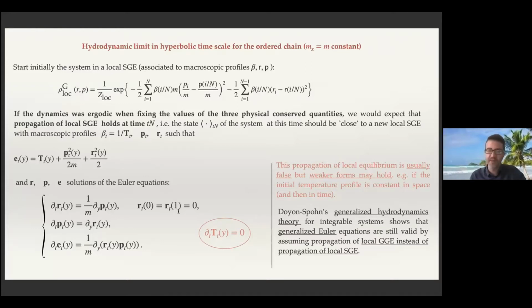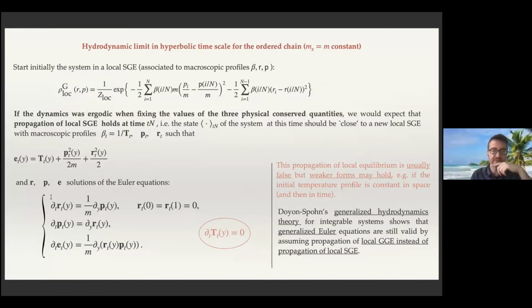Okay, here there are some special boundary conditions because we started with the fixed boundary conditions. No, sorry, free boundary conditions. And so this is the form of the equations that you will obtain here. M is just the mass of the system. And you see it is some pattern. Okay, it is nonlinear, in fact, because here you have the product of r and p, but it is falsely nonlinear because the evolution of the energy is just given by the evolution of r and p,